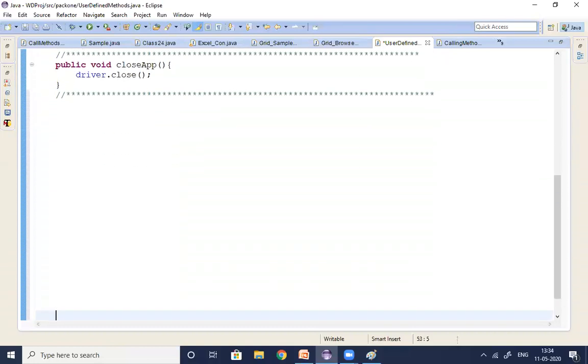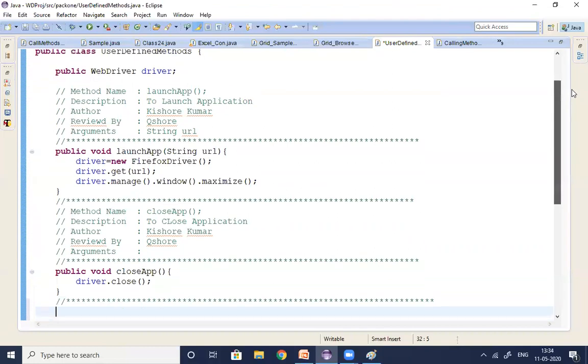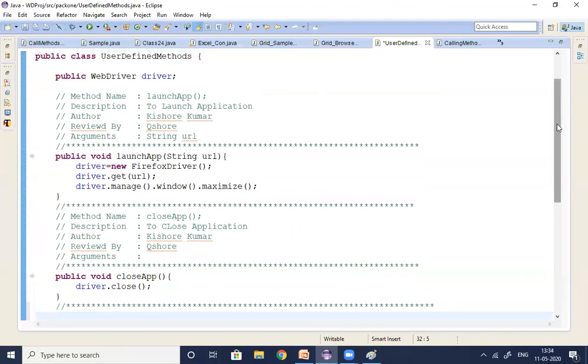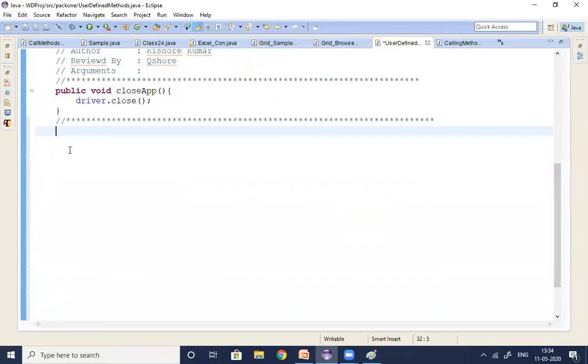So how to create the method? Just see. I'm not filling the template, guys. You can fill the template when you're working. For two methods I filled the template. Now from the third method onwards, I'm not filling the template, I'm just directly writing the method. So tell me how to create the method here, guys. Public void element available. One method I created.